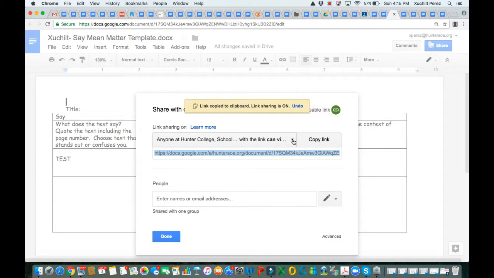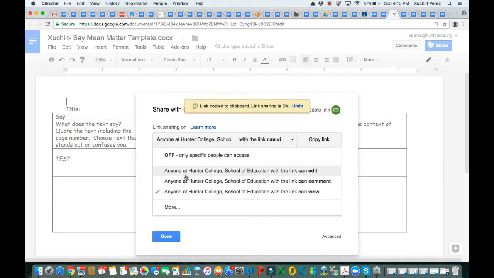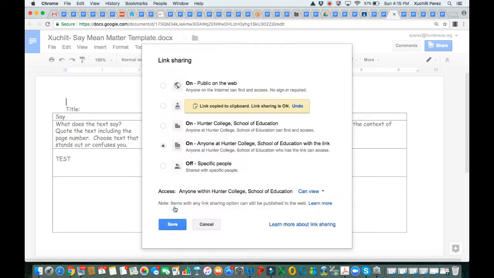And what you need to do is hit that drop-down menu and go to More, because it will allow you to decide who should get a link, or how the link is to be administered or shared. So if you hit this, that means it's public on the web. If you hit anyone with a link, that means that anyone with a link can either view,